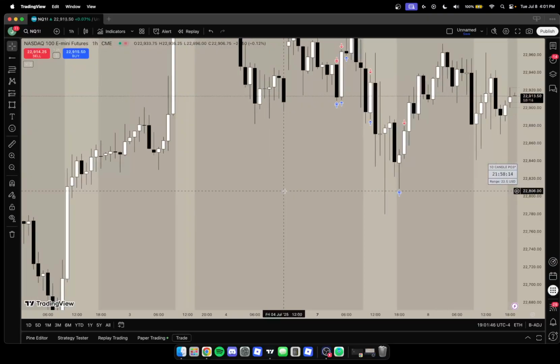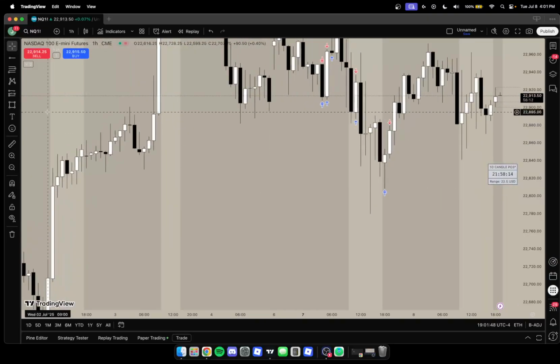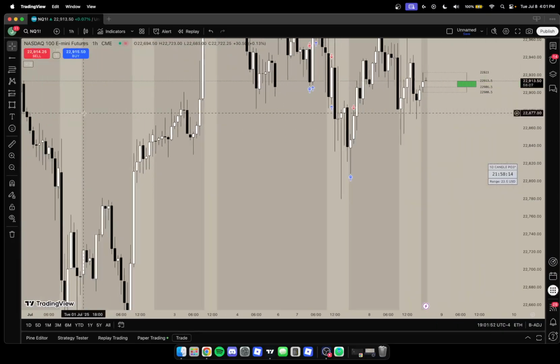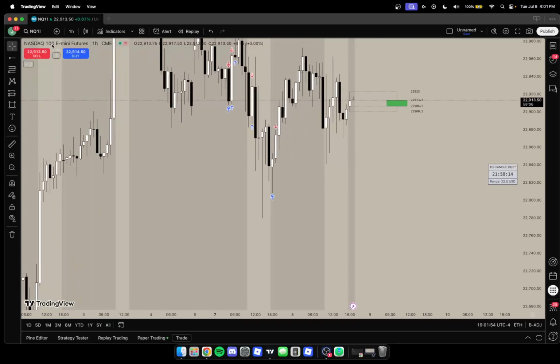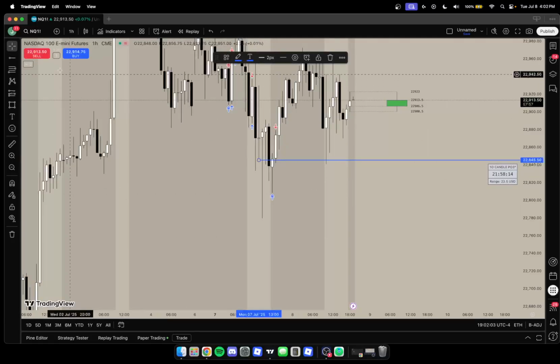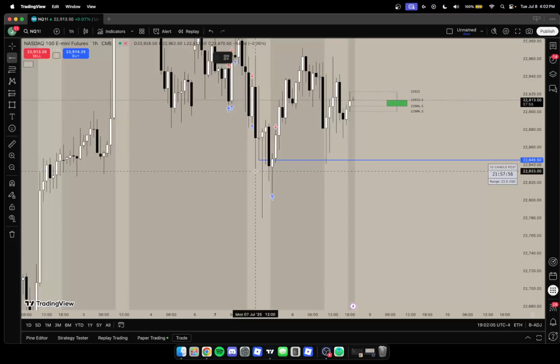So, we find our rejection block that we're going to use, right? I'm going to use this one for example, like the last video. Why is this a good rejection block, and why do we have the opportunity to trade it, okay? Well, we sweep liquidity, wick liquidity, right? We wick it and we come back, no body closure, right? So we establish step 1, make sure it sweeps liquidity,